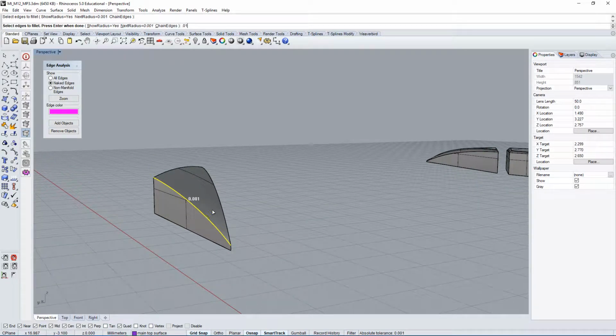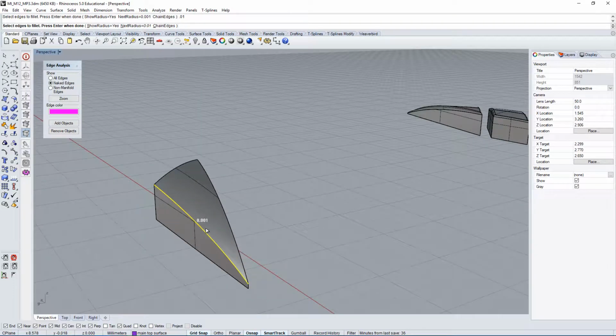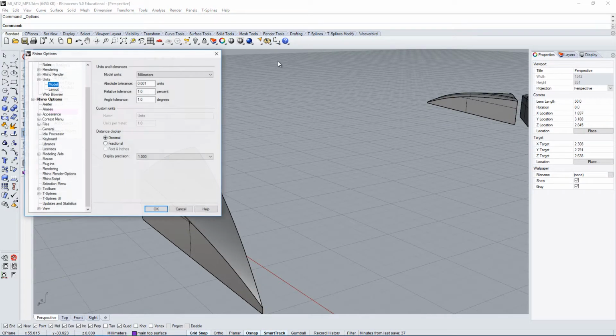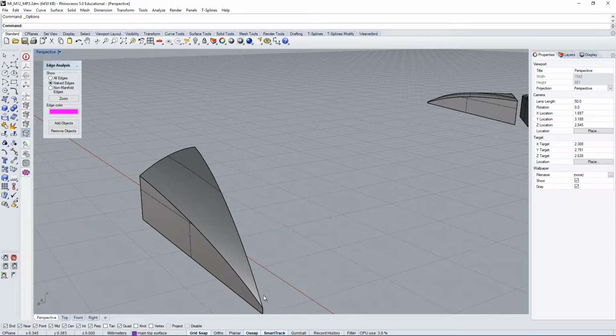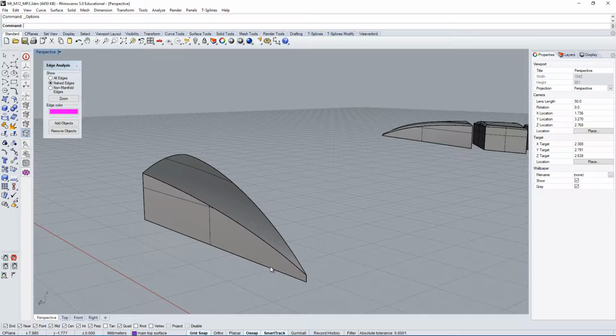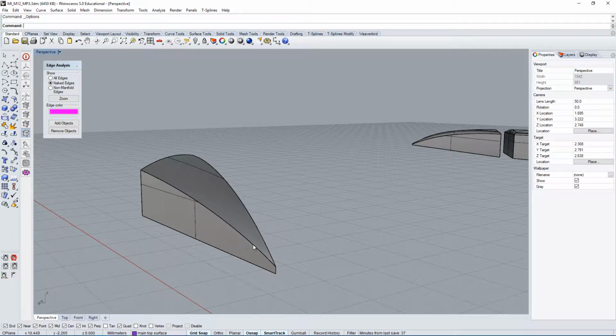So it's another thing to keep in mind. If you want to make sure that you don't have naked edges as a result of an automated feature like the fillet edge, then you should definitely select a number that is above 0.001. Otherwise, if you really need to have a surface that small, just crank up the absolute tolerances to 0.0001 so that your surface automatically can create a clean edge. Otherwise, if you're asking it to do something that's below its tolerances, of course it is going to fail.